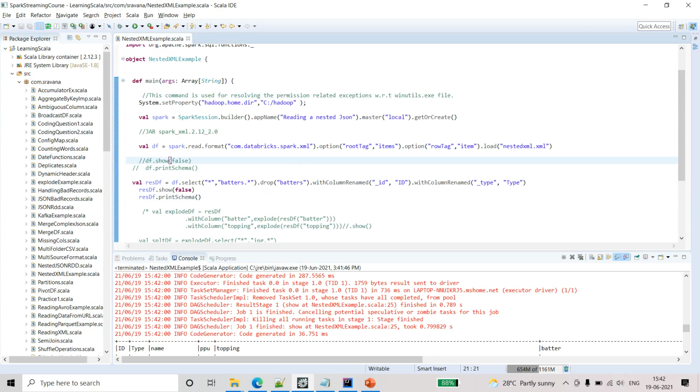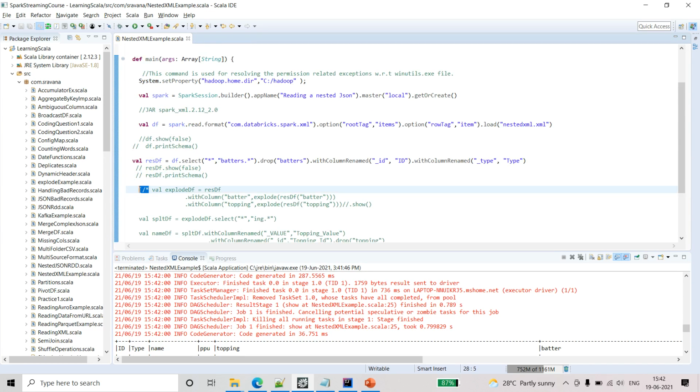Okay, next. Now we know that we have arrays. So how to read arrays in a data frame? Using explode we can split it into multiple columns. Let me run this. This df I have created based on the previous one, where I selected using dot star out of the struct and renamed the columns. This is the df created for all those transformations.